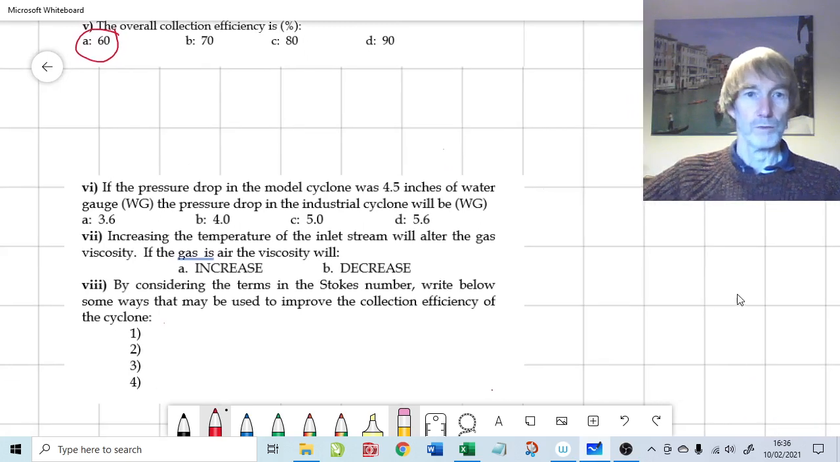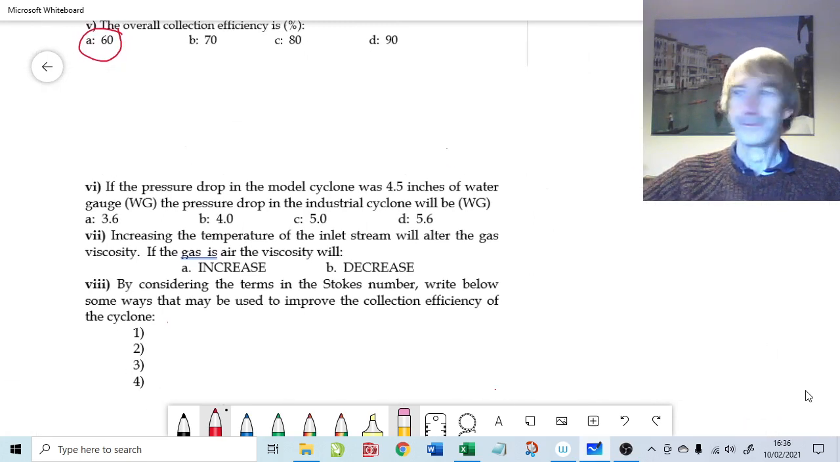Okay, well, what about pressure drop? Then, what about the pressure drop for the industrial cyclone? The pressure drop is proportional to, well, sometimes it's called velocity heads, centrifugal heads. Basically, it's the density of the fluid times the velocity squared. So we can write the equation that